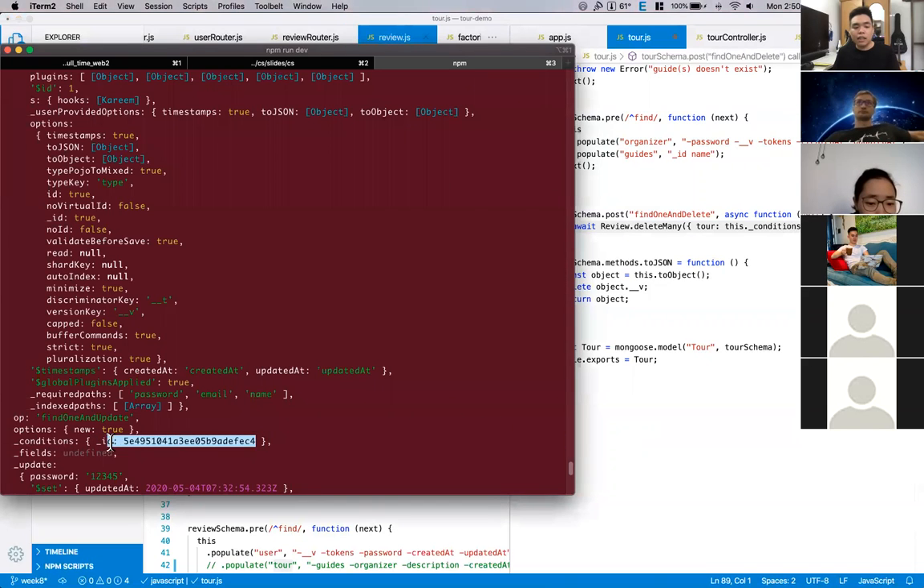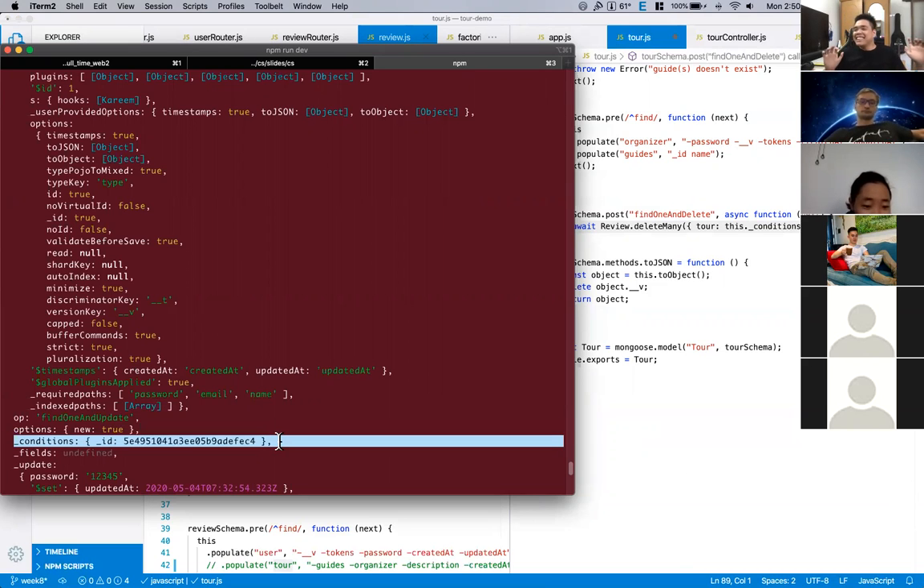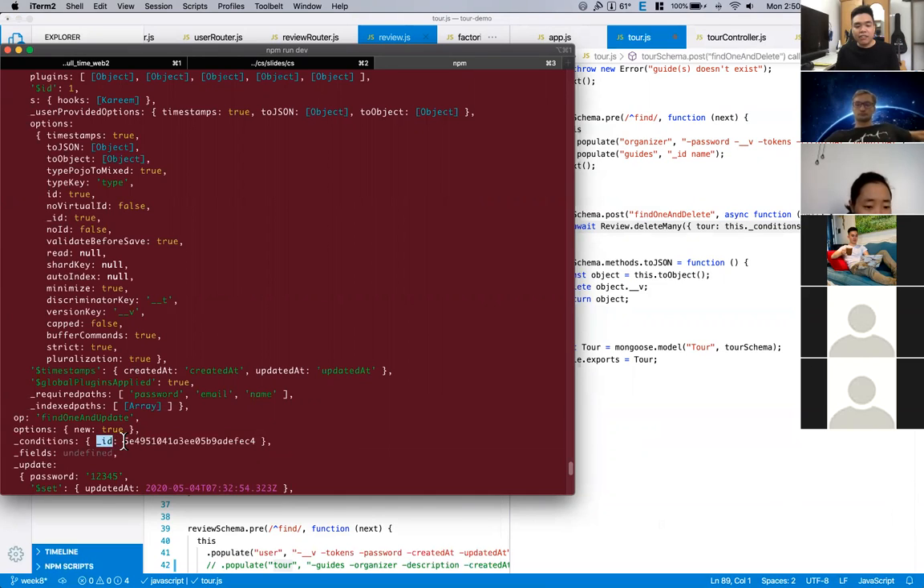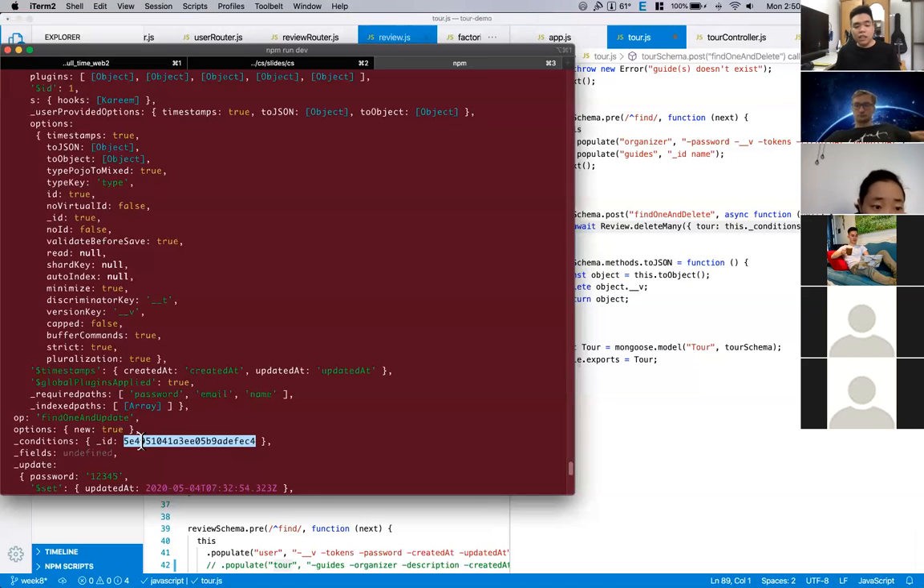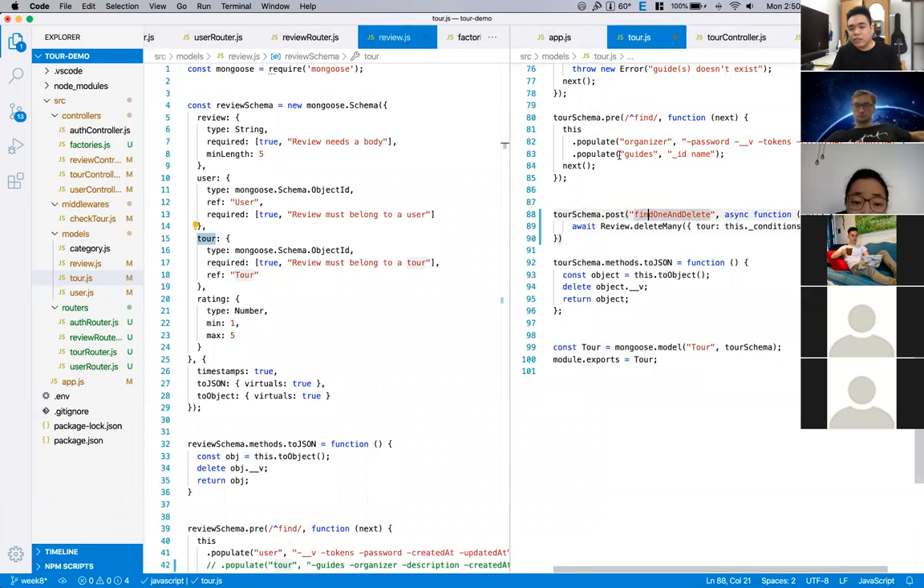This ID here is the tour ID. How do you know? It's written here. Just say condition, and inside the condition here you have the ID field, right? If you take a look at this string, it could be the ID of the user, or the ID of the tour, or the ID of the review, right? But this time it's gonna be the ID of the tour, because when you run this findOneAndDelete,